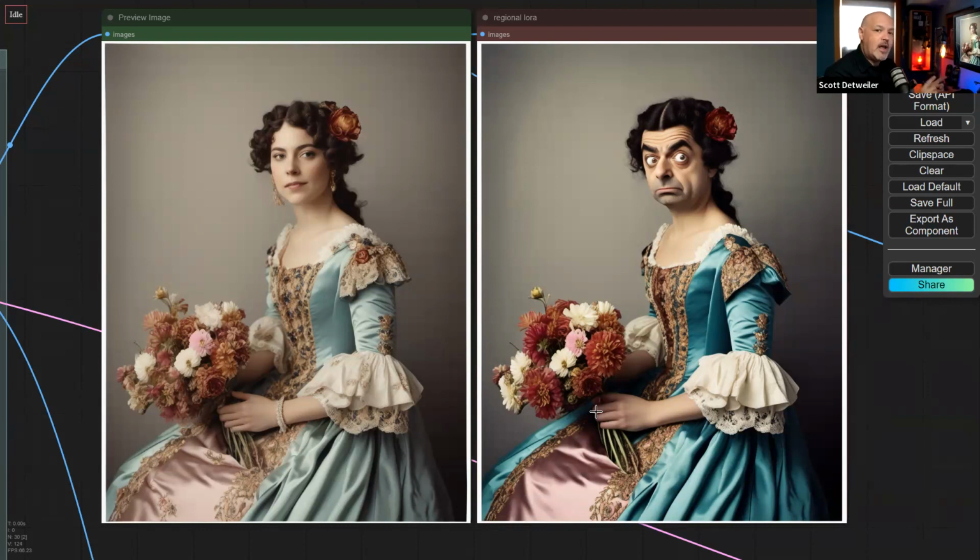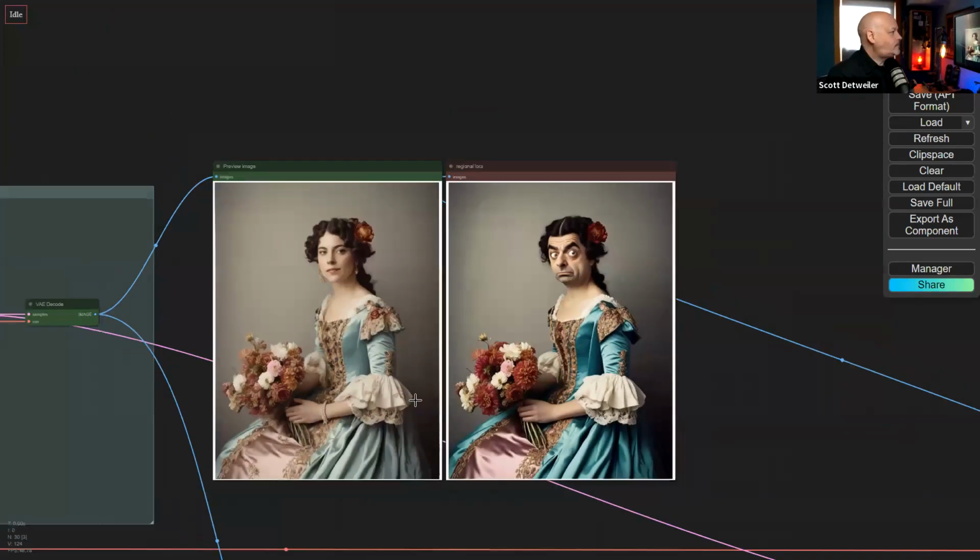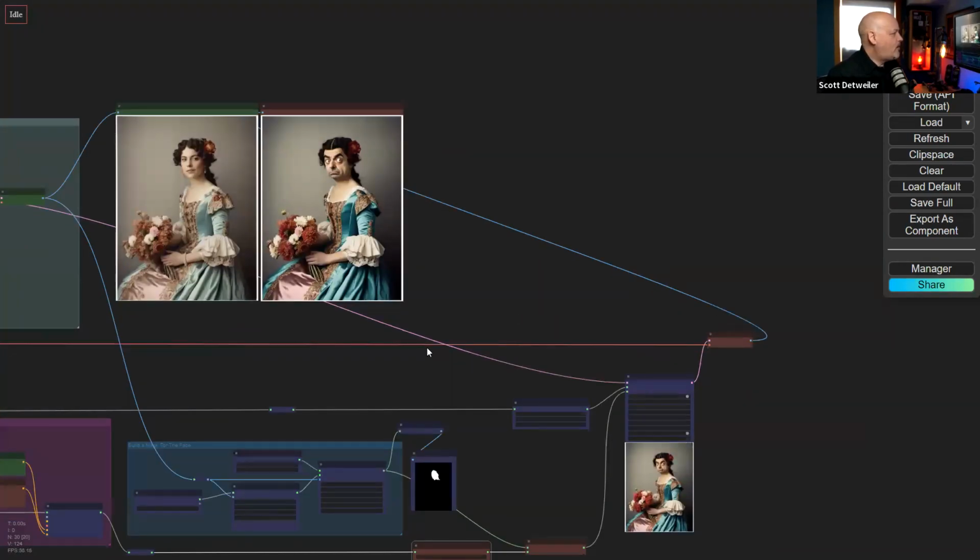He also has the same one where you can inject a seed change into a specific part of the image now. And that's brand new. I think that came out yesterday. So the ability to take a mask and say, in this area, focused around this point in the mask, I want you to change the seed to a specific seed, and maybe only 50% weight, or maybe 30% weight, or actually 2 or 3 seeds blended at different weights, so that you can take your bits and favorites and change them out. Now, that's not as predictable as this is to me. So this is one of those things that I really like. But yeah, so that's how we change people into Mr. Bean there.